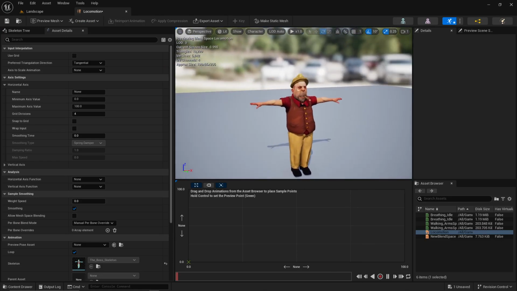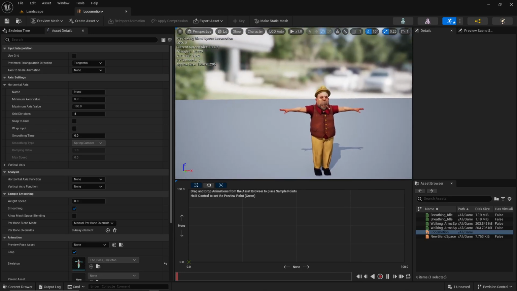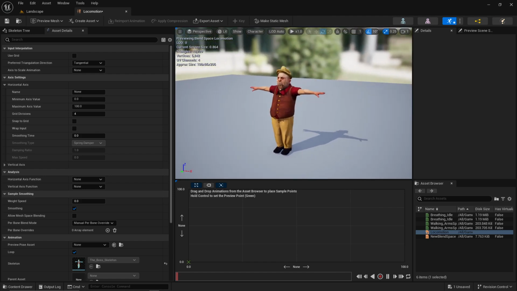So you should see your character in a T-pose. T-pose is, oh sorry, I didn't cover that bit. T-pose is either a T-pose or an A-pose. It's quite a traditional way of rigging a character, because it's more of a unified format that everyone can adopt. And when we're rigging a character in a T-pose, it's easier to create weight painting around the muscles and the